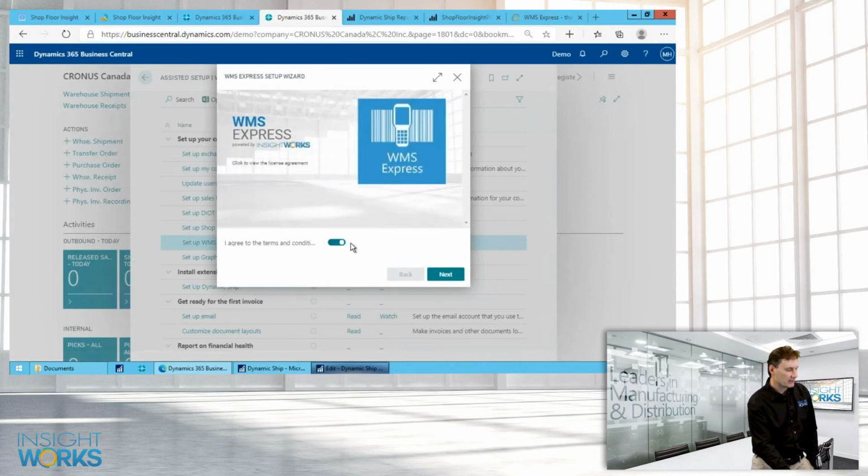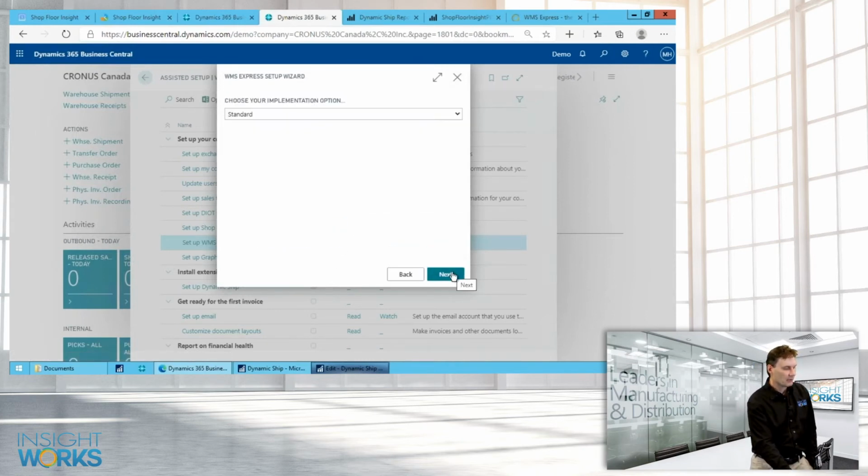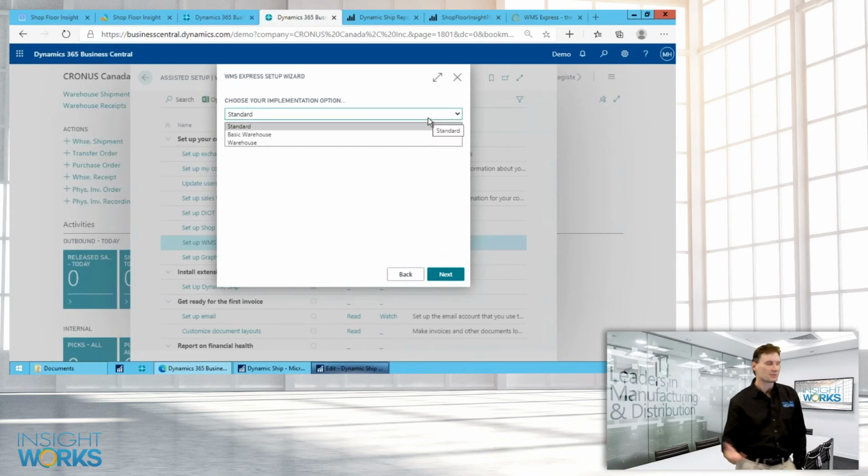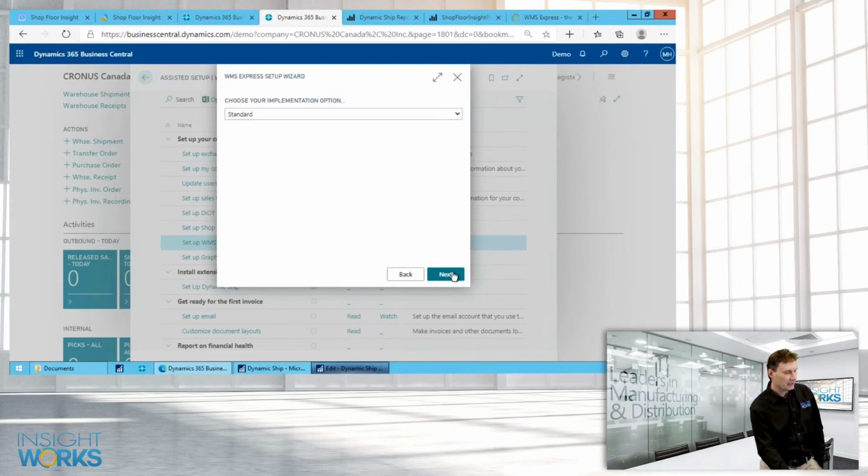So first of all, we accept the terms and conditions, then we say next, and here's where we choose the version we want to run. So you can look at a website to see what each of those things means. But standard is no warehouse documents, basic is like inventory picks, inventory putaways, and warehouse is warehouse picks and warehouse receipts and warehouse putaways. So you choose the one you want, then you hit next, and you specify your contact